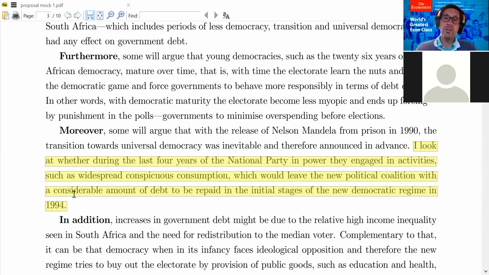And if the National Party knew that they wouldn't get reelected with non-racial elections, they would have the incentive to start overspending because they wouldn't have to pay the bill. The debt would mature only after they had left government. It's a very interesting